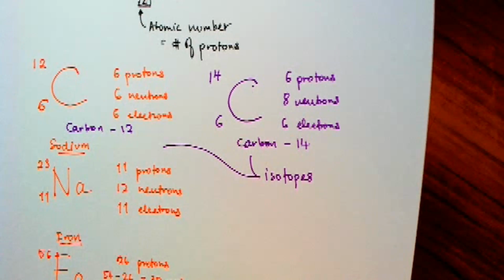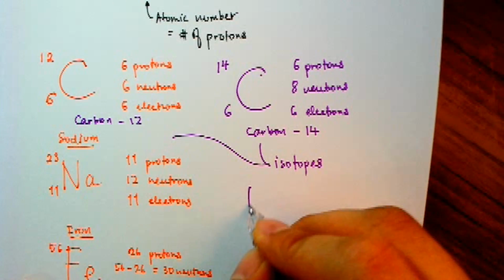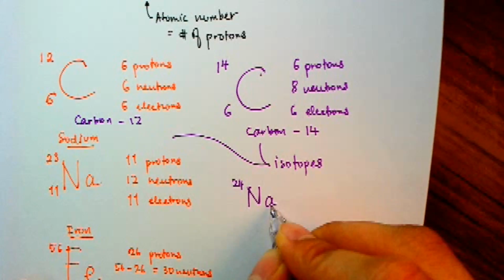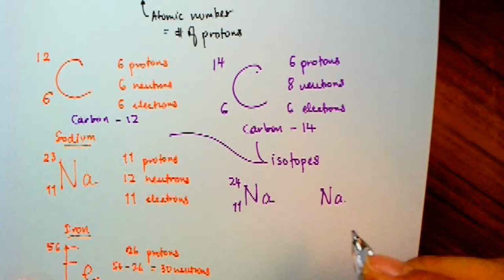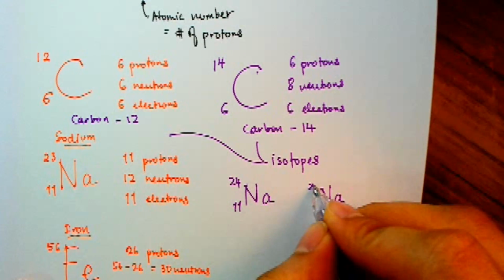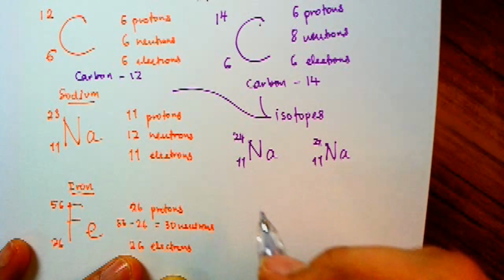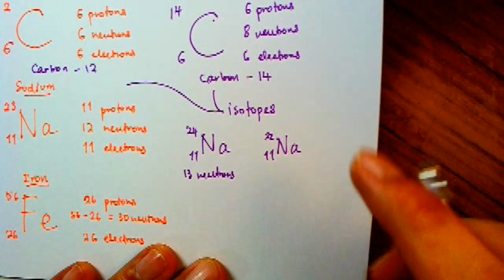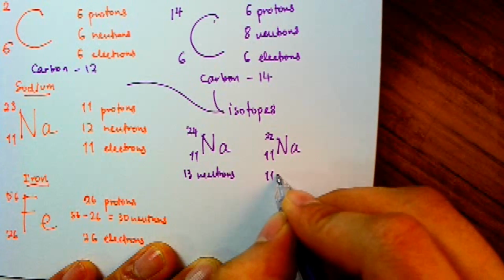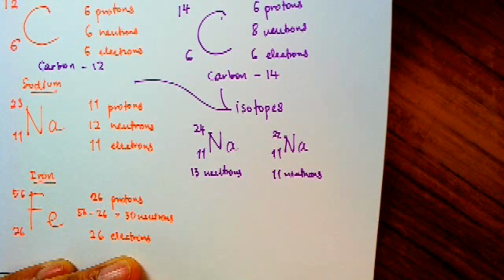So as another example, let's take a look at sodium. Sodium happens to have 2 siblings. There is sodium 24. Since it's still sodium, it has 11 protons. And then we have sodium 22. So this particular flavor of sodium has 13 neutrons. It still has 11 protons since it's sodium. And this particular flavor of sodium has 11 neutrons. Now this doesn't really change its chemical properties. It does change its mass, but they do sometimes have some special properties